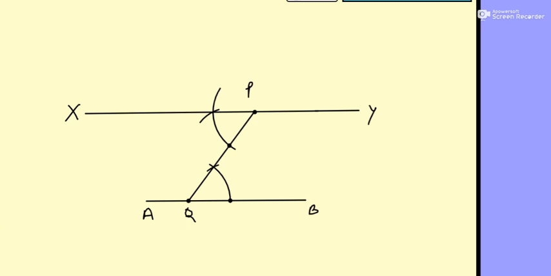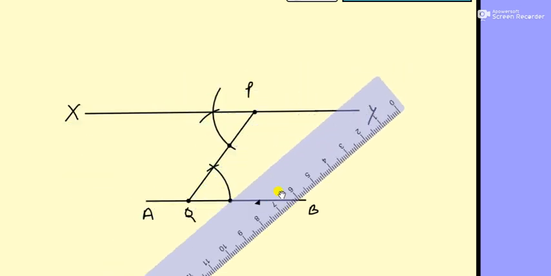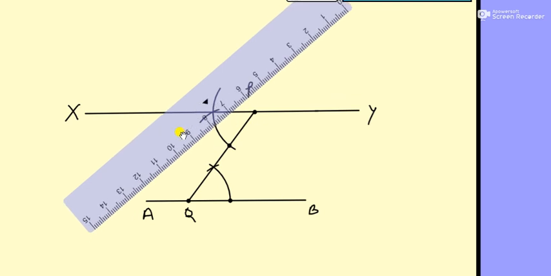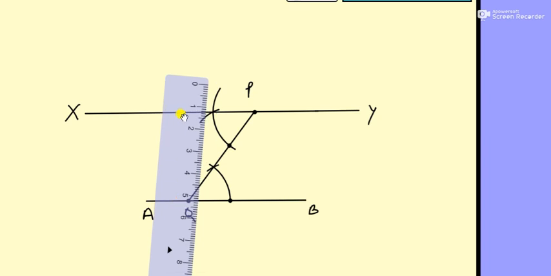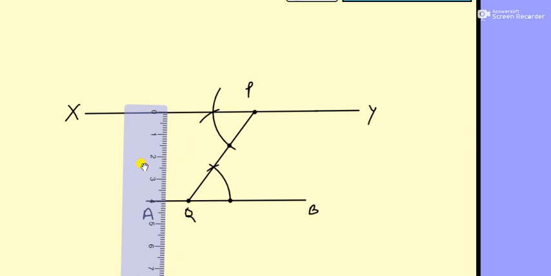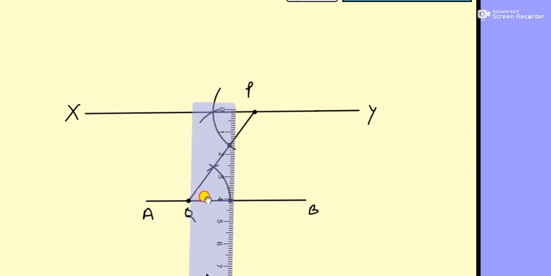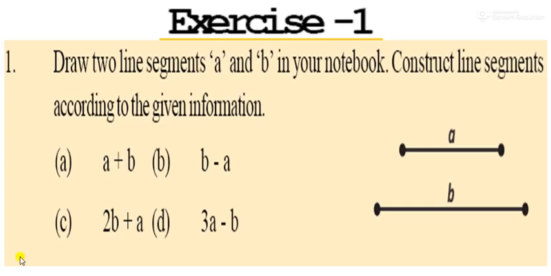Let us see this with the help of this. Yes, you can see here the distance between the two lines is 4 centimeter, and it will not change. You can move it anywhere. The distance is looking 4 centimeter. So the distance does not change between parallel lines. So it is very easy to draw the parallel line.